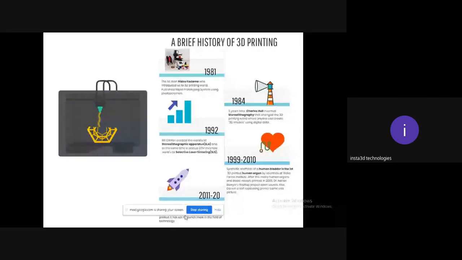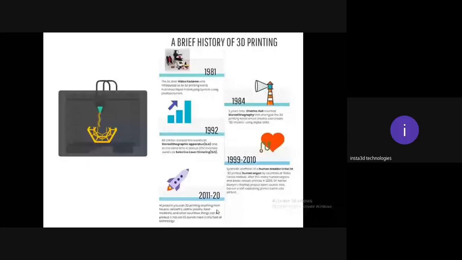And in the year 2010, humankind started making organs and organ parts with a 3D printer, using compatible materials. Currently, I am doing research in that segment. It is called bioprinting. And in 2011 and 2012, 3D printing technology was coming as a future technology,